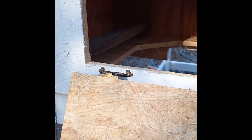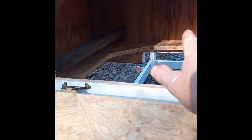Forgive the shadow, like I said, it's been a long day. Simple cabinet knob to allow you to open it. Now guys, I will give you a hint here, a couple things. If there's nothing catching it, if you do this cutout type door,